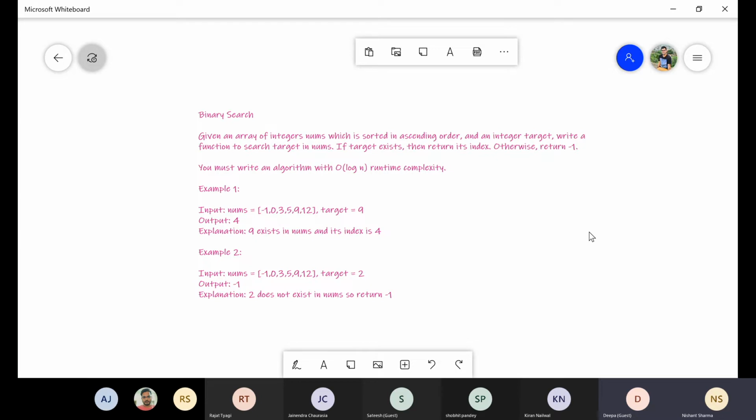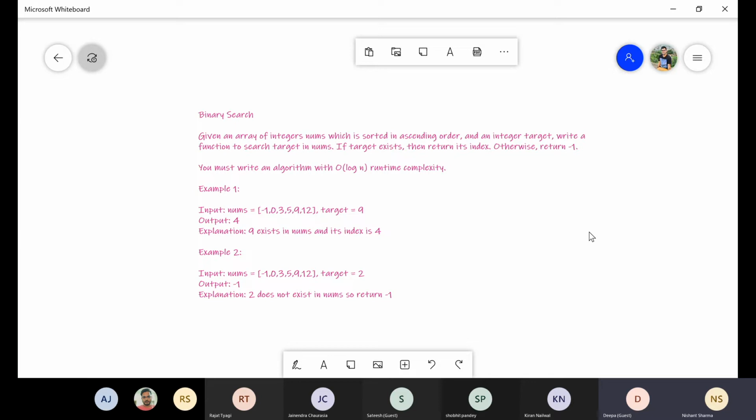What is binary search and how does it reduce the time complexity? For the for loop, the time complexity will be order of n because we need to traverse from the first element till the last element. In the worst case, it is possible that the target element is the last element in our array. So the total number of iterations will be n, and the overall time complexity will be order of n if we use a for loop. But if we use binary search, we can reduce the time complexity from order of n to order of log n. We will see more about how we are going to do this.